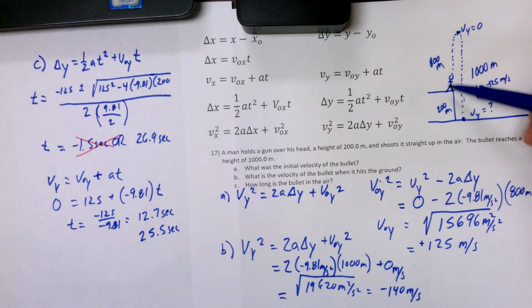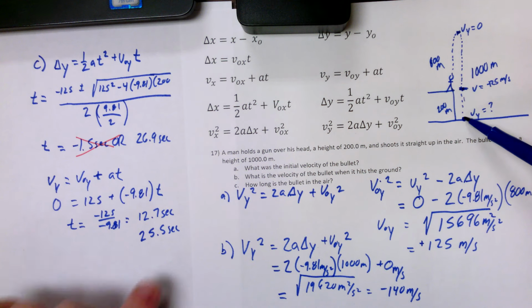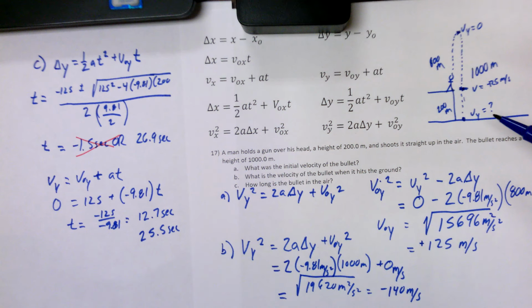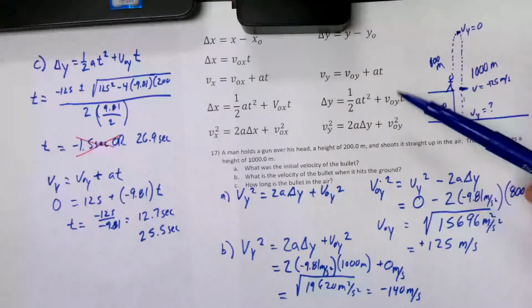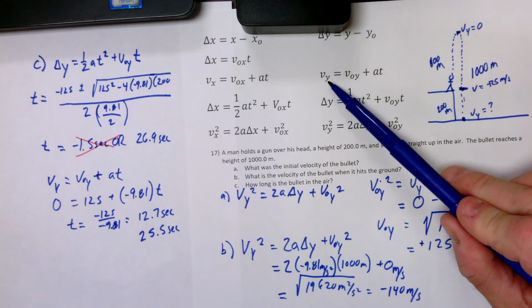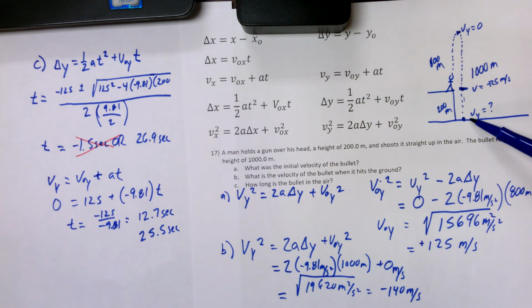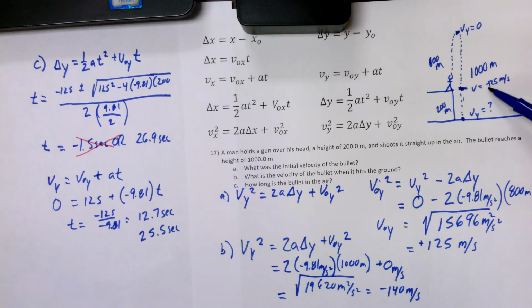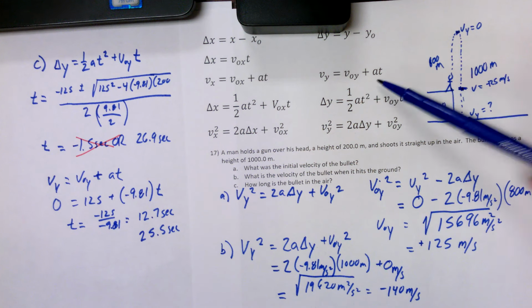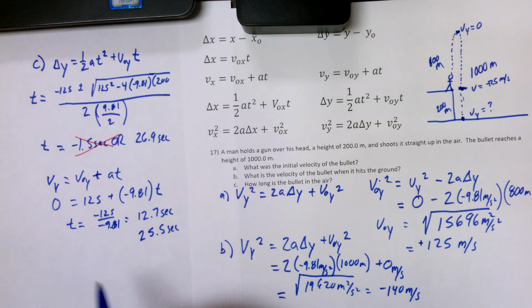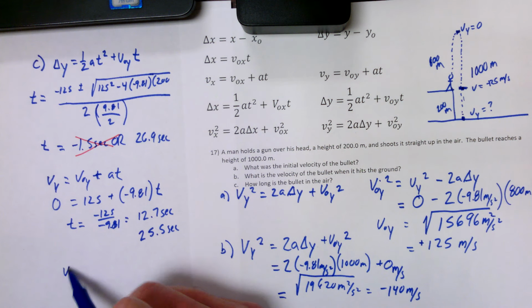But I need the time for the whole trip. So the question now becomes, can I figure out the time from here to here and combine it with that? Well, I can probably use the same formula. Do I know a speed? Do I know a y velocity here? Yeah, I solved for it. It was 140. Do I know the initial speed from here to here? Yeah, it's negative 125. Do I know the acceleration? I do, because it's caused by gravity. So I can go dy